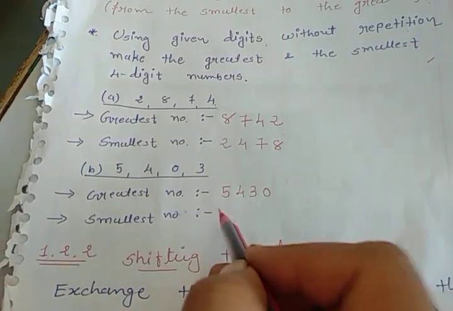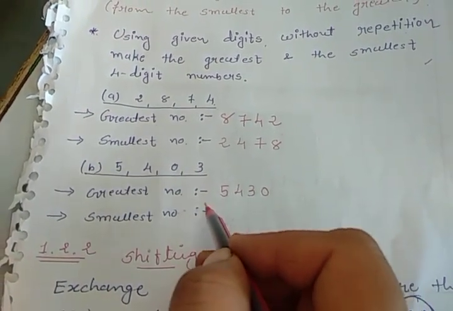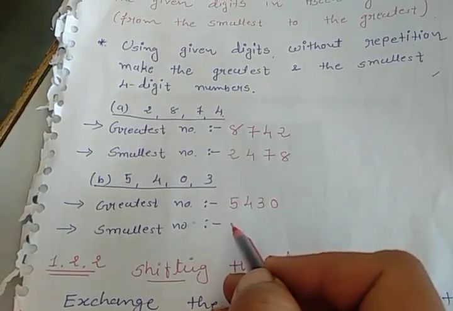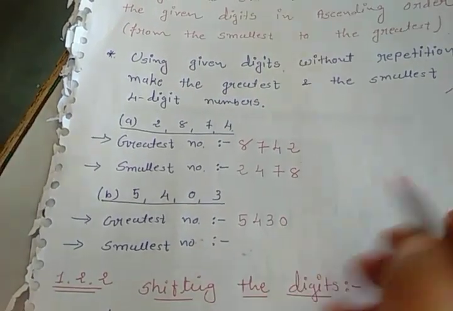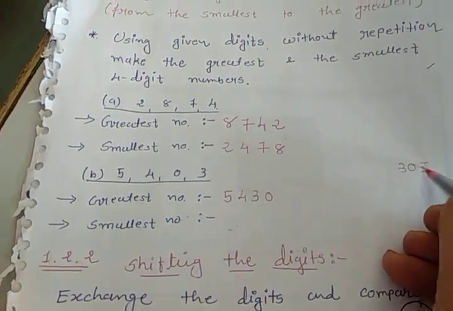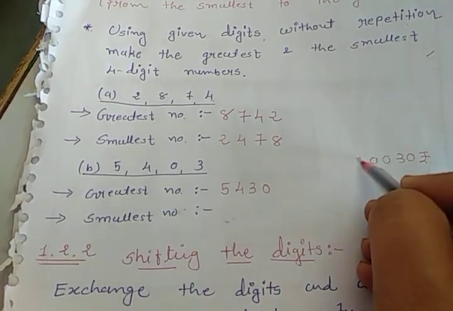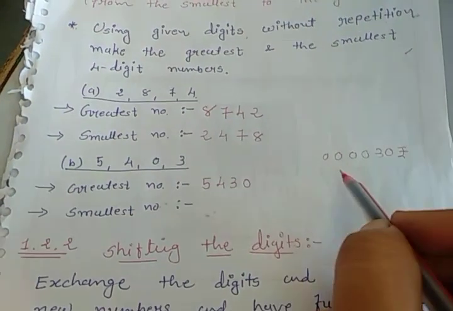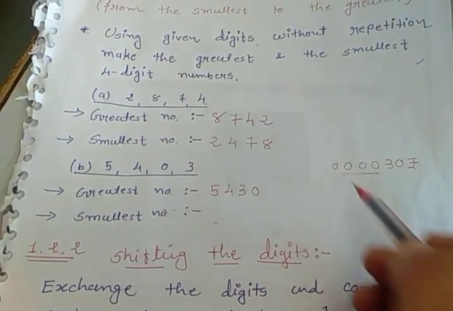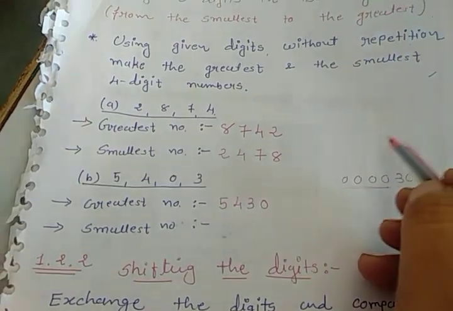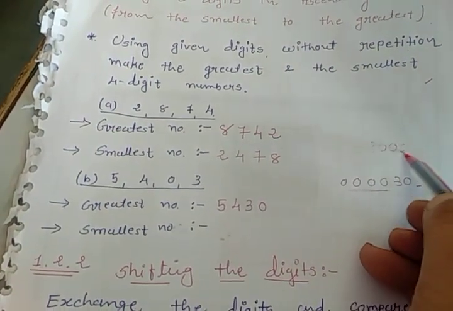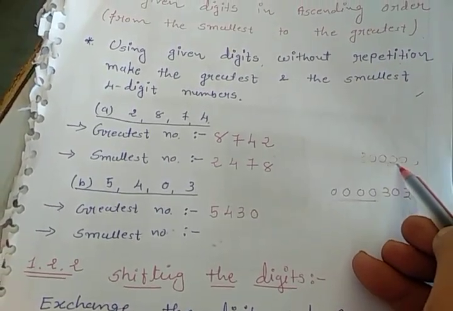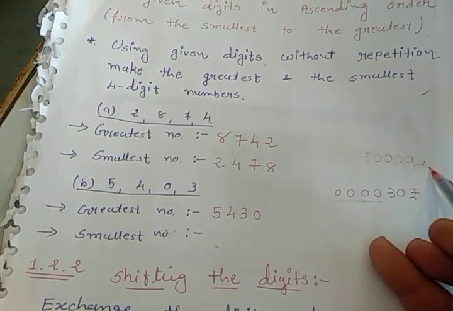But in mathematics, if you write 0 before any digit, it has no value. Clear? So we will not write 0 over here, because if I write, see, 30 rupees, and before this 30 if I add 0s, like 0030, it will never change the value of this 30. Okay, it is meaningless to add zeros before the number. Clear? But yes, if I add 0 behind this, then the values are changing. See, 30, then 300. If I add here 3000, then 30,000, and 3 lakh.